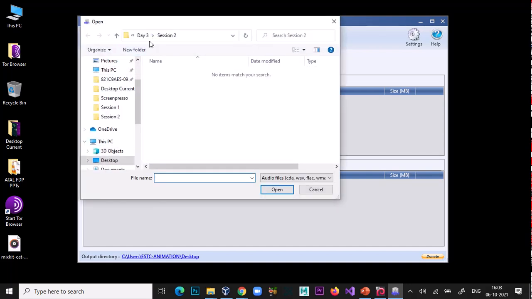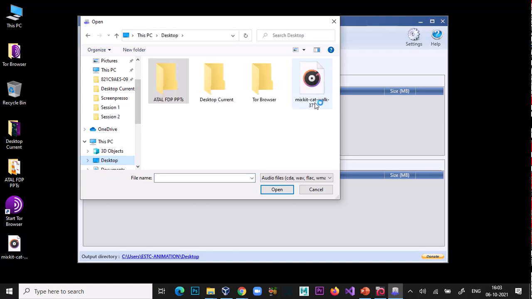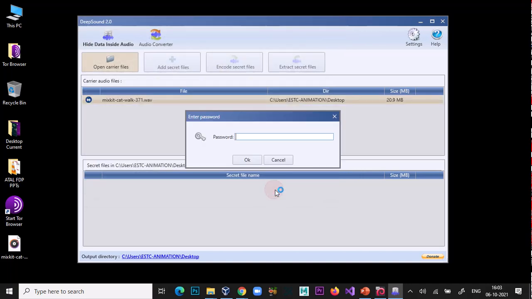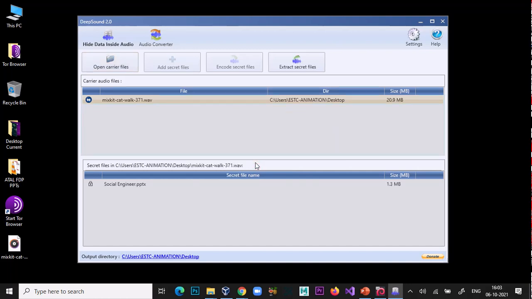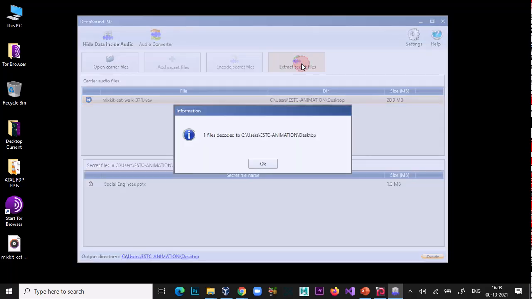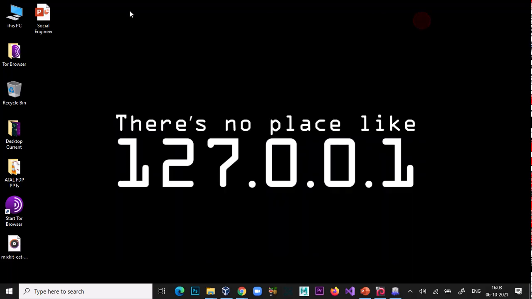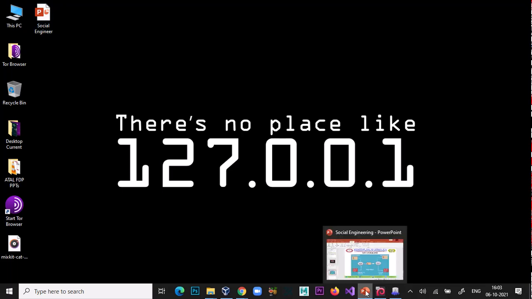If you have used any password, just type the password. And here is the option, extract secret file. So your secret file is extracted and your file is here. So this is your presentation of social engineering.